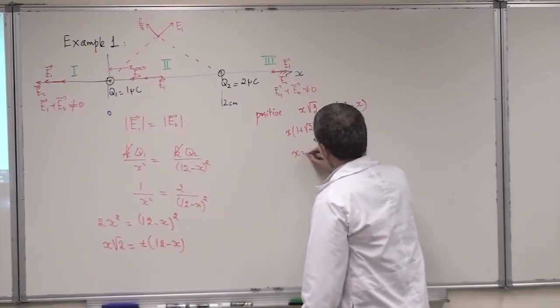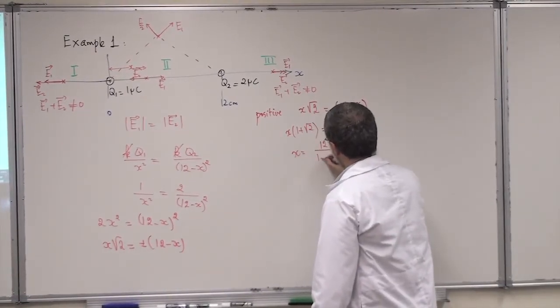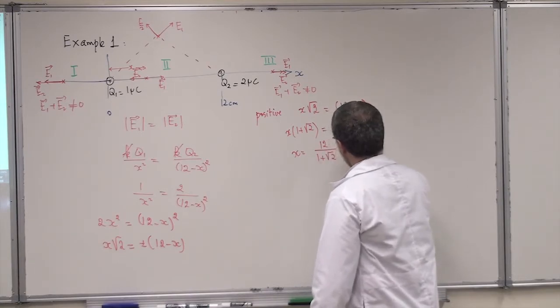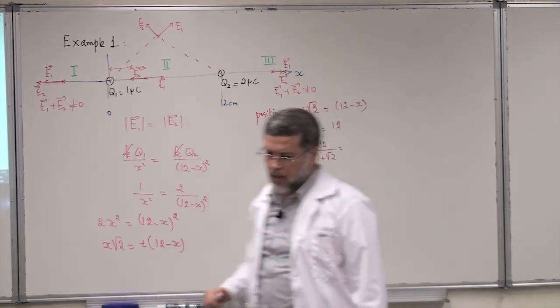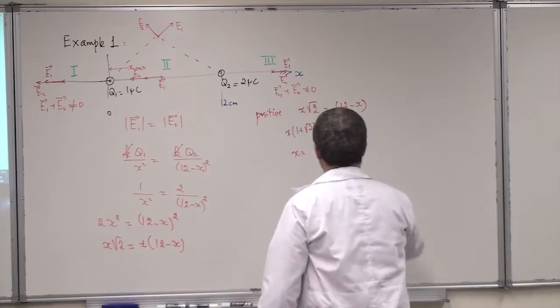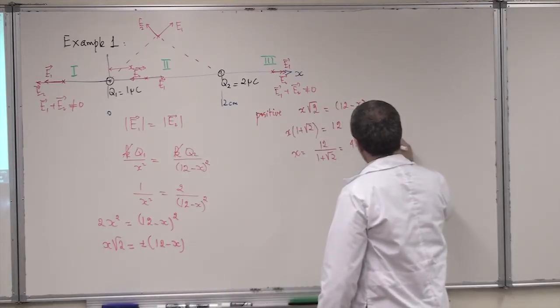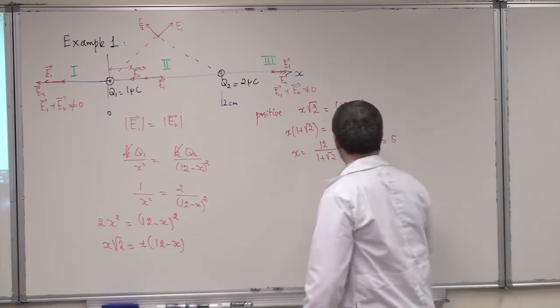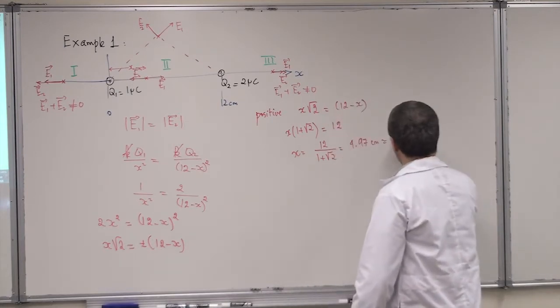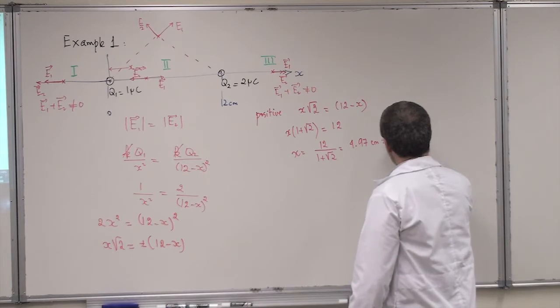And x in this case will be 12 over 1 plus square root of 2. If you do the calculation correctly, you should get 4.97 centimeters, which is almost equal to 5 centimeters. So the distance is almost equal to 5 centimeters from the